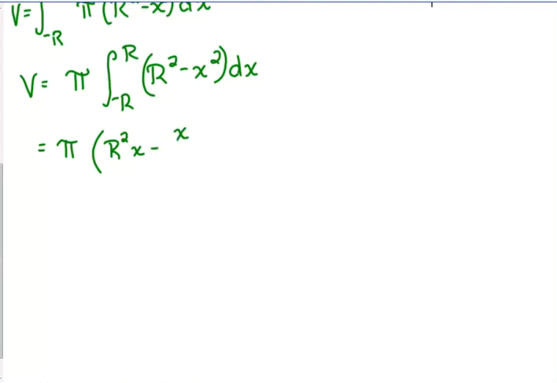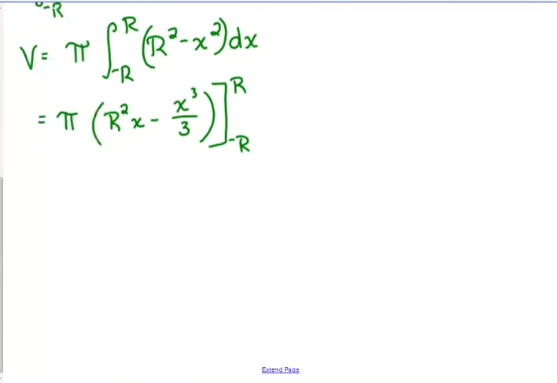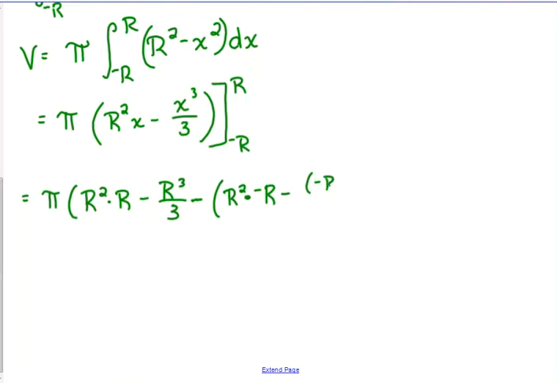And then the antiderivative of x squared would be x cubed over 3. And our limits now move to the right side, so we're going from negative r to r. Then it's just a matter of plugging in at this point. Plug in our upper limit. So we've got r squared times r minus r cubed over 3, minus, let's put some parentheses, we've got r squared times negative r minus negative r cubed